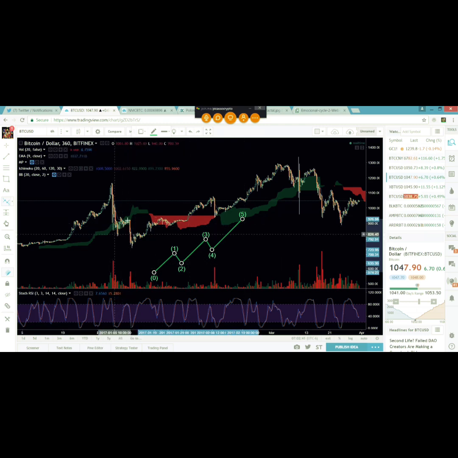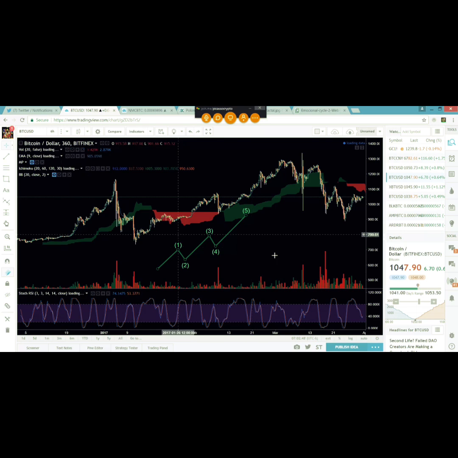The way that it made that leg up in the middle was most likely in this fashion. And it makes sense that it keeps repeating itself over and over again because of how people are trading, how they're approaching their trades. They see it bounce or break out, they chase it, and then it comes back down, they get shaken out or they get lost. And then only the people that are waiting for that retracement are the ones that get into a good spot. Or people that recognize, okay, this thing is moving up and are a little bit more patient, or buy the retracement, they get in there.